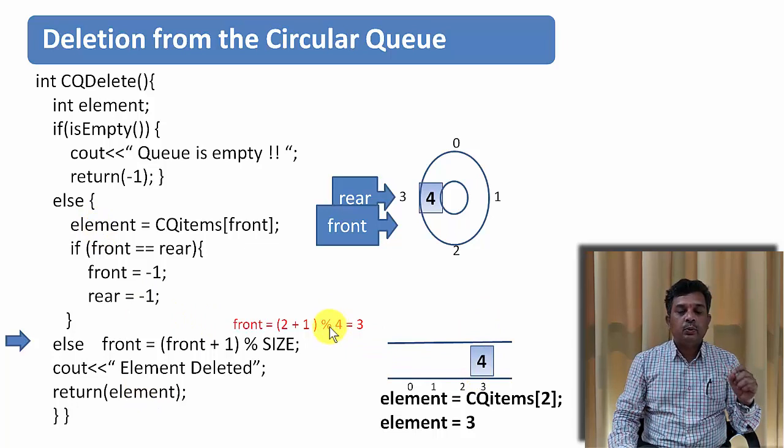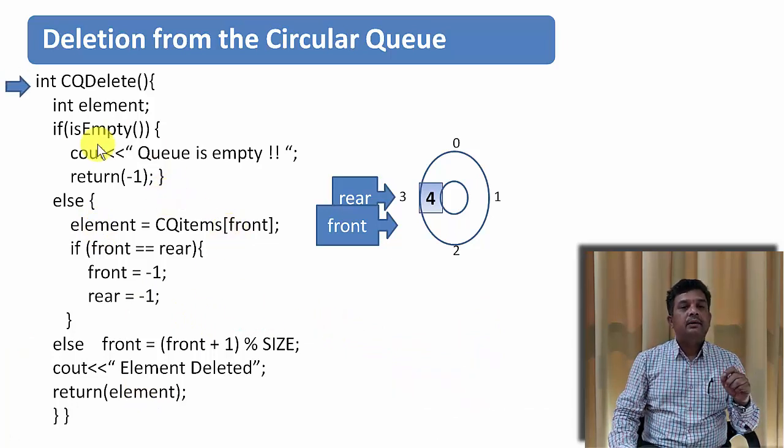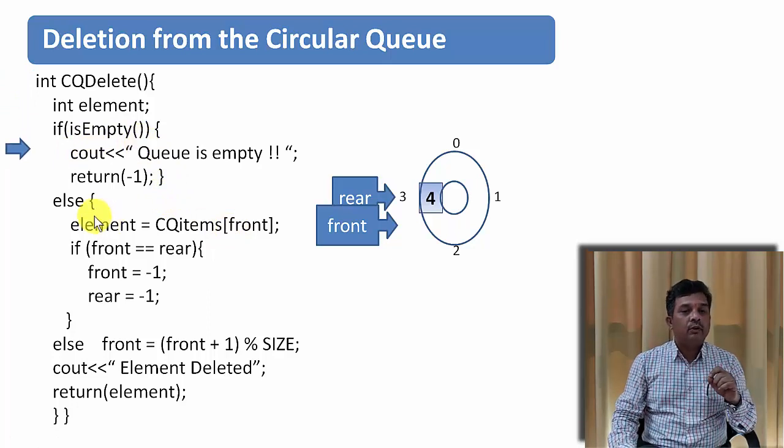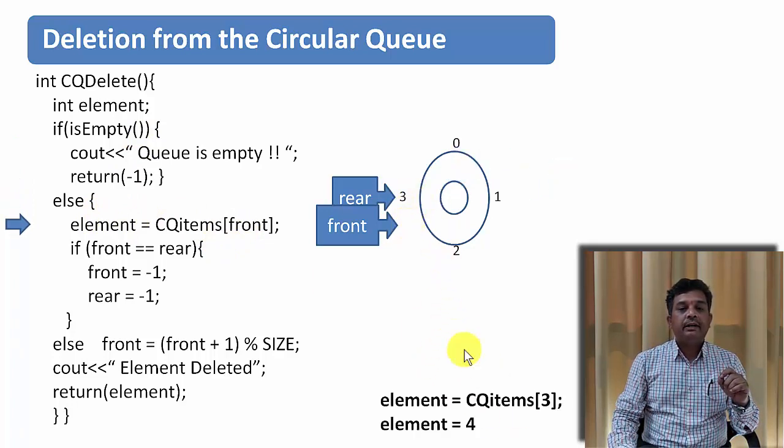Now in the queue there is only one element. Let us try to delete it. Again we are checking is empty, is it true? No, it is false. So again we'll come to else part. In the else part, queue's front equal to element. So the front element is pointed by the third index element and it is saved in the variable called element,